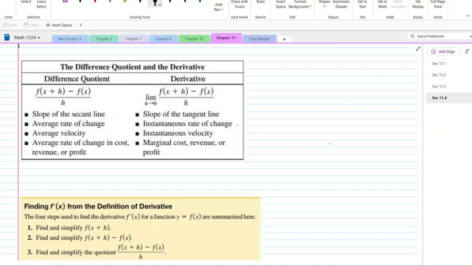Now, I've used them intermittently, and I hope I haven't messed up anything in your categories of the importance of the difference. The difference quotient was first used for the slope of a secant line, the average rate of change, average velocity, average rate of change in cost, revenue, and profit. We did all of those primarily in section